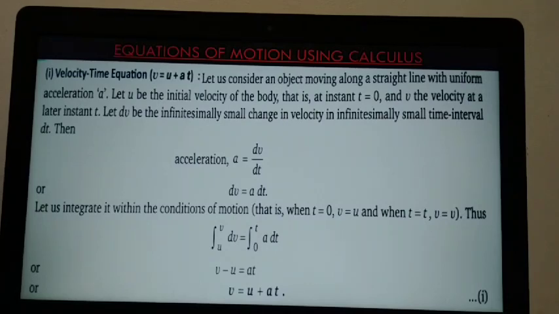That is your first equation of motion. Is it clear? We started with the equation a is equal to dv by dt. Then we rearranged it as dv is equal to a dt. You integrate on both sides. While integrating, you have to define the limits. t is the independent variable, so it varies from 0 to t. As t varies from 0 to t, v varies from u to v. So the limits are clear. Then integrate, and finally upper limit minus lower limit. Then we get the equation v is equal to u plus at.